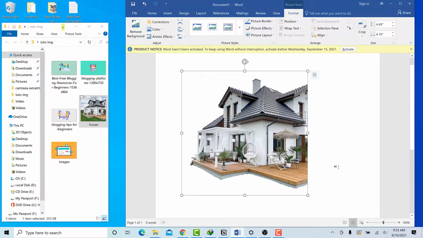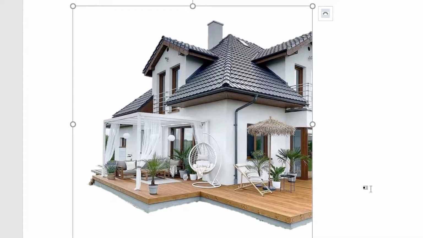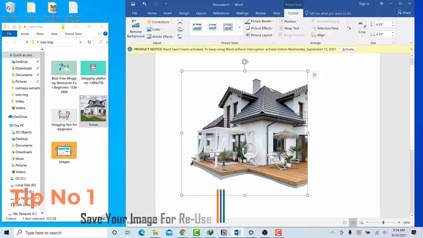So this one is like an alternative for the paid tools. You can use this and remove your image background. And after you have removed this, you have to remember the image is still in the Microsoft Word document. It's still in the document, so you cannot use it in another document.